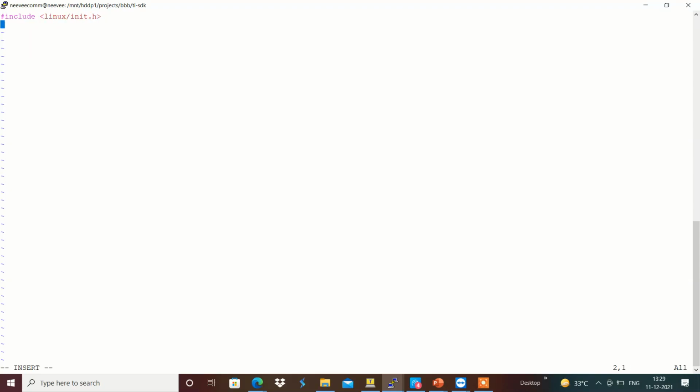Then all the module specific functions are declared in linux/module.h. And once it is done, we will have the module init and exit functions